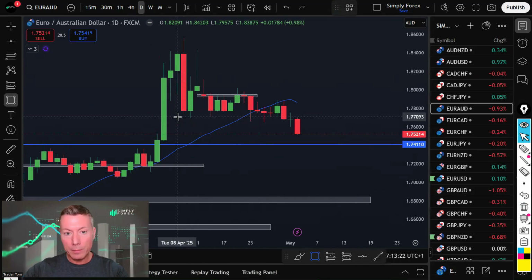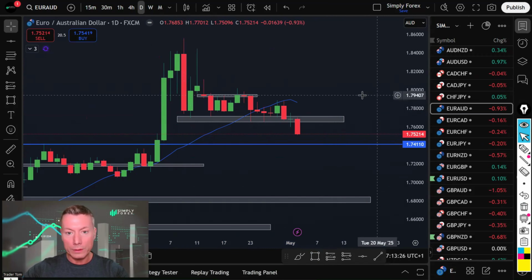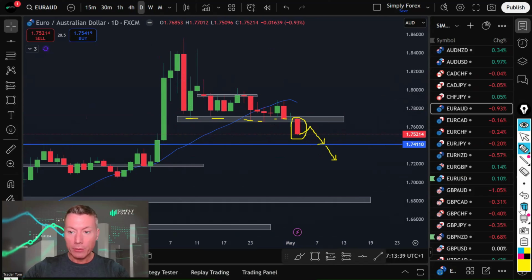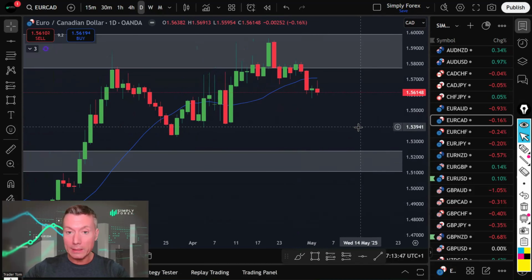So price was holding on to this level through here, right, 4 days. Yeah, it just kept holding on to it. And then bang, on Friday, we finally had that break. All right, so a little retrace into here, take price back down to here, if not further. All right, so euro Aussie dollar strength, euro weakness. I also like euro CAD, which is euro weakness as well.